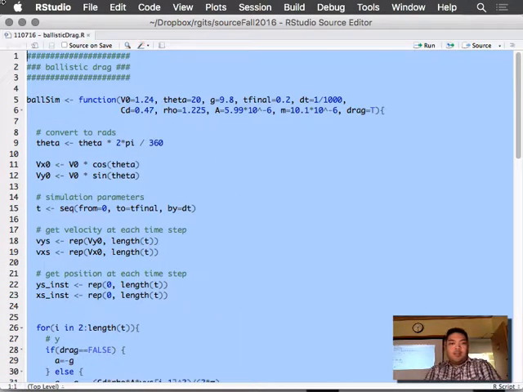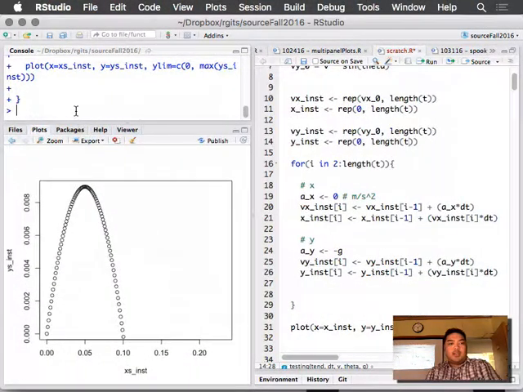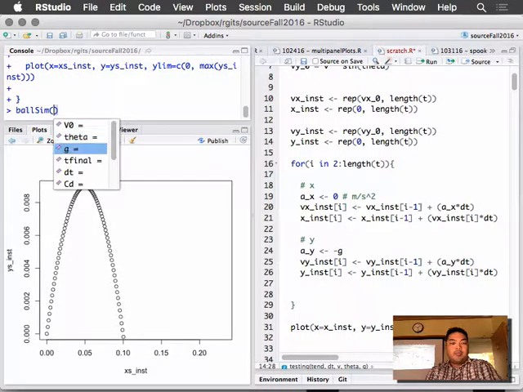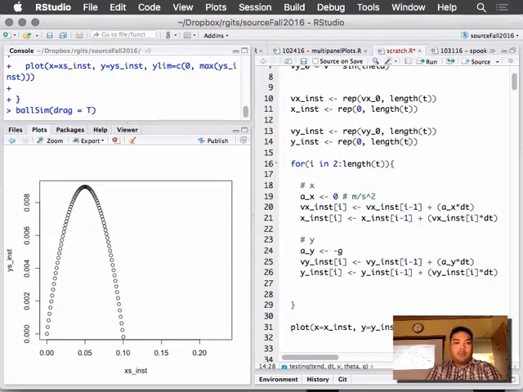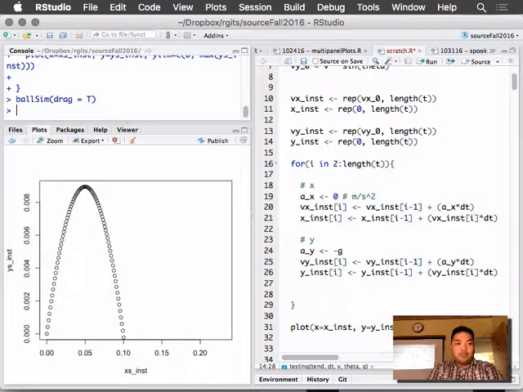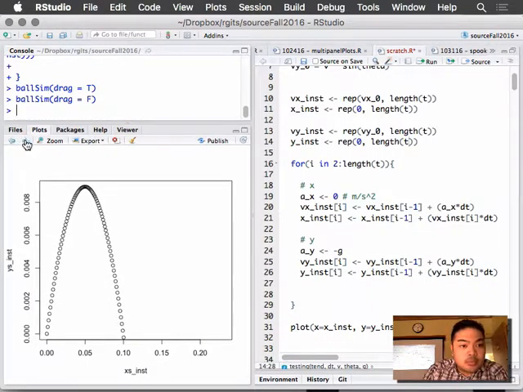So I am going to run it and see. Here I have balsam, and just so we know specifically, drag is equal to true. Now we do drag is equal to false. They look very similar,